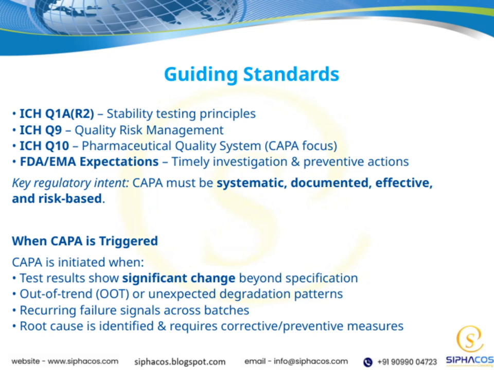First, we have ICH Q1A(R2), which outlines the fundamental principles for stability testing, ensuring that our products remain safe and effective throughout their shelf life. Then there's ICH Q9, focusing on quality risk management. This helps us identify, evaluate, and control potential risks in our processes. ICH Q10 emphasizes the pharmaceutical quality system, with a particular focus on corrective and preventive actions, or CAPA, to continually improve our systems. Additionally, regulatory bodies like the FDA and EMA expect us to conduct timely investigations and implement preventive